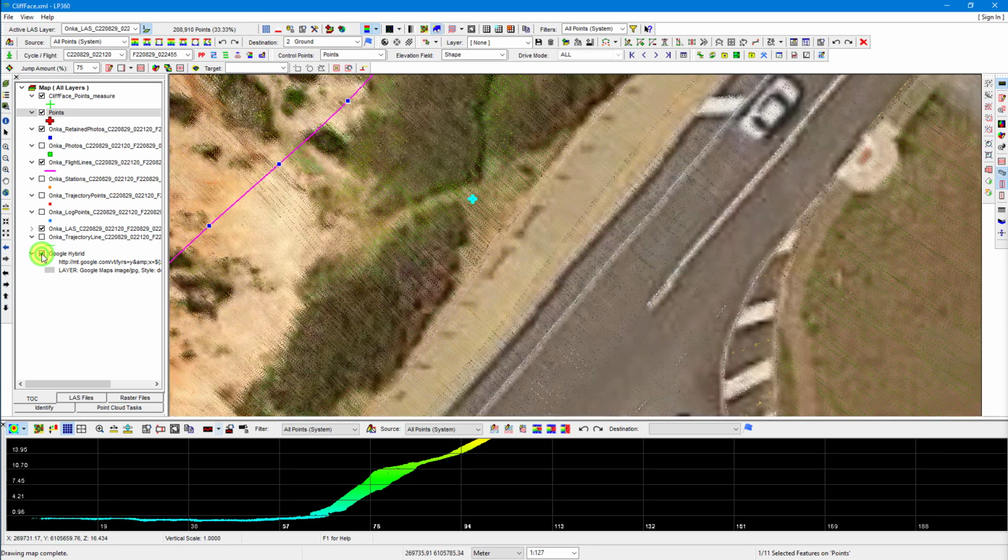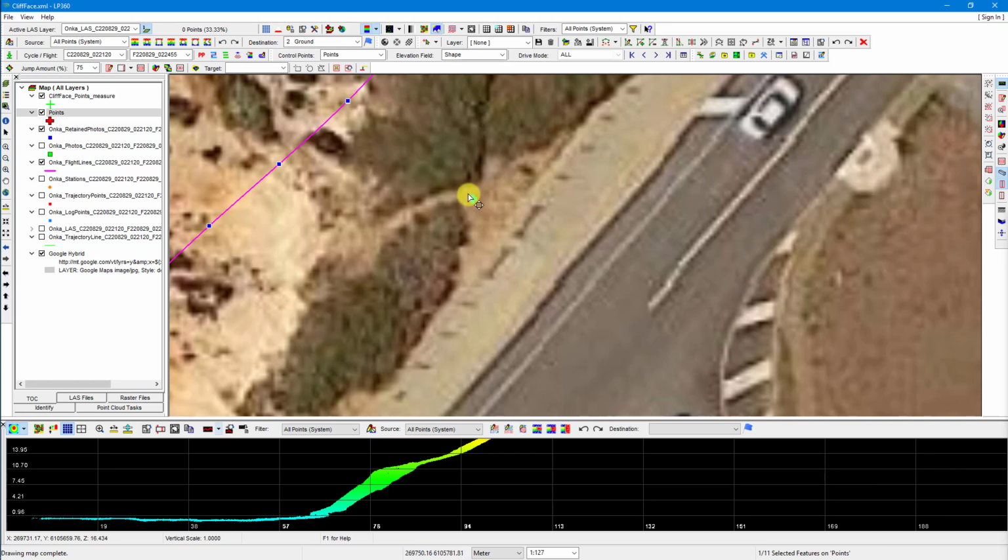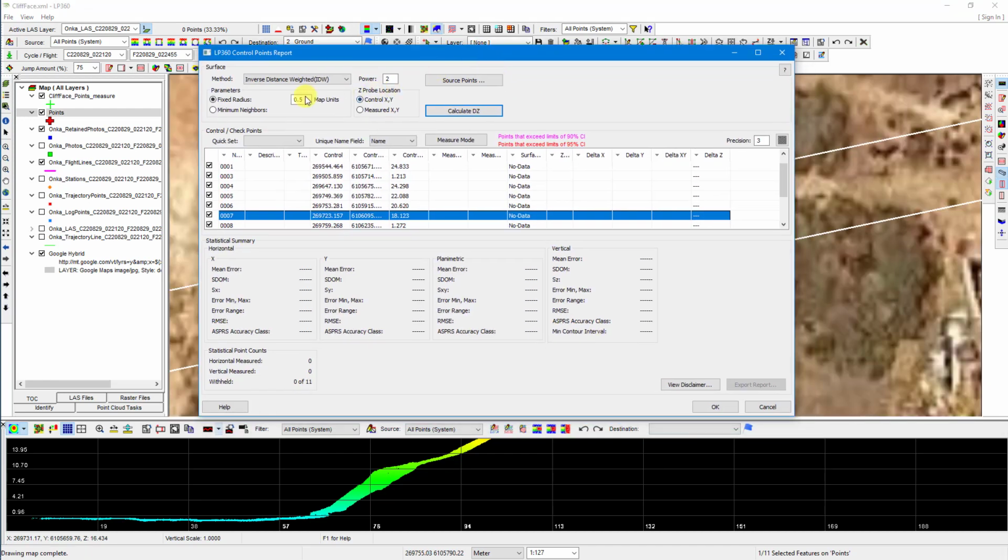So let's turn back on Google Imagery and turn off the point clouds. So we can see here it's in a bit of a divot. It's probably not the best place. It wouldn't be an issue just for photogrammetry, but it is a bit of an issue when you're coming to LiDAR because we're going for a half a metre circle around that particular location. So we're probably picking up a little bit of the vegetation. So let's see what happens if we run it again, but let's just try a 20 centimetre